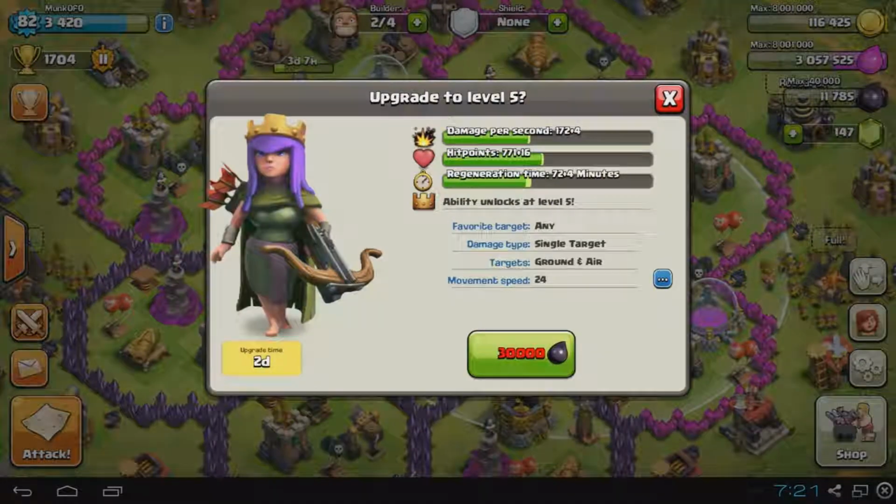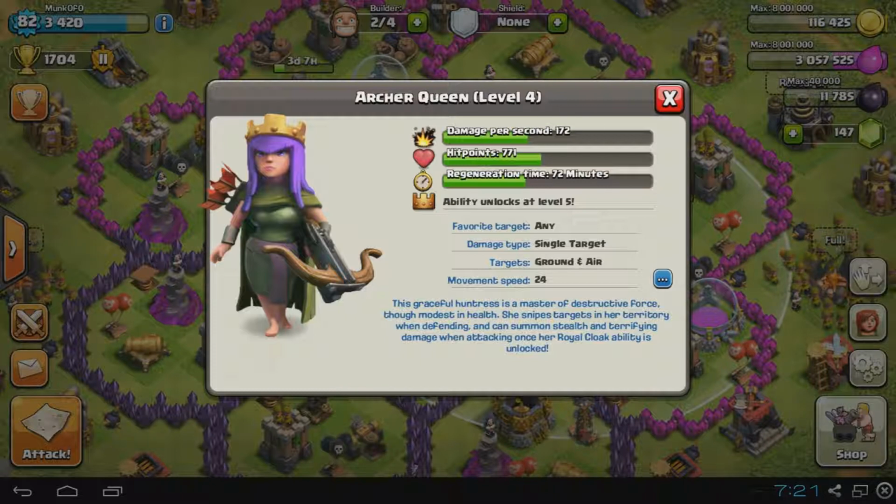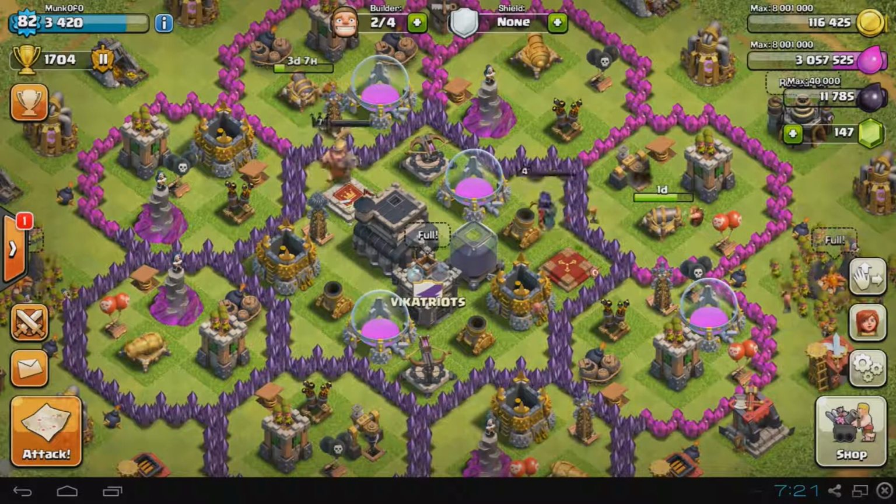So if you see here, I'll go to info. You can see how the green bar for say damage per second goes to about where the C is there in second. It used to be like at the second A in damage. It was nowhere near what it could be, whereas now it's almost halfway at level 4 to level 40. So the upgrades,